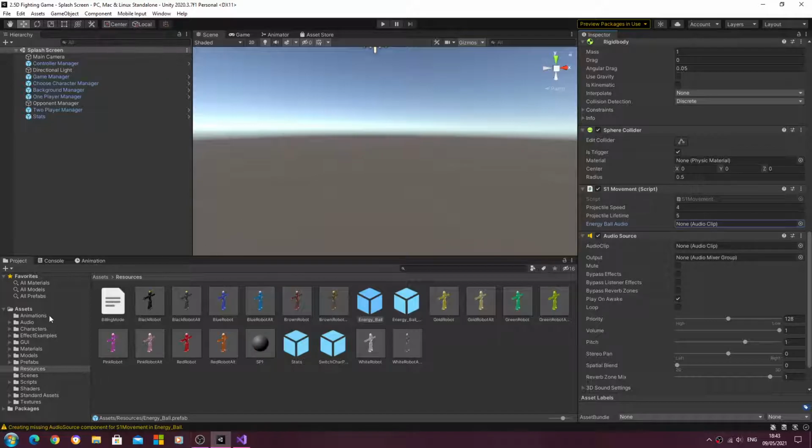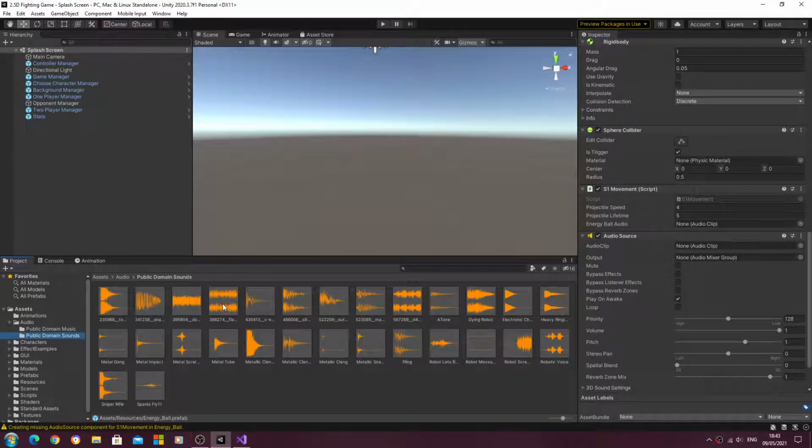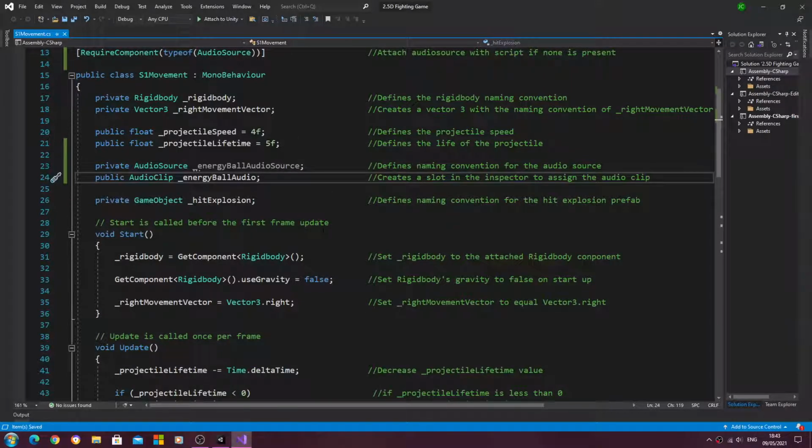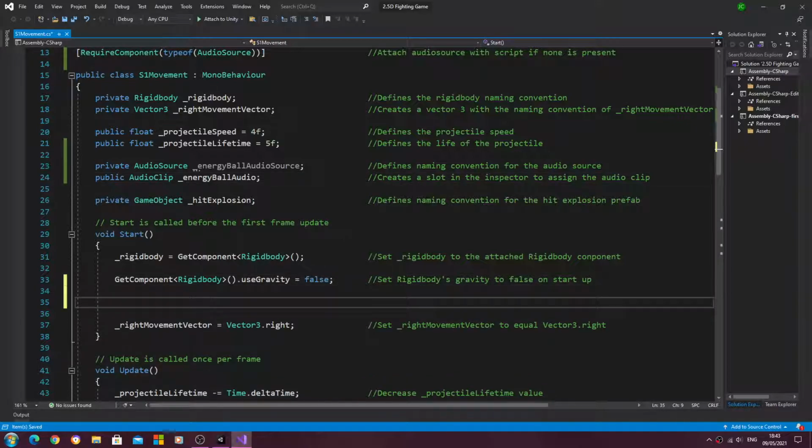Okay, now we can assign an audio clip. So again, I'm using public domain sounds. You can use any sounds you wish. I'm just using public domain ones for the purposes of YouTube, and as I always say, I'm sure you can all understand that. So now we'll come back to the script, and I'm going to come here in the void start,